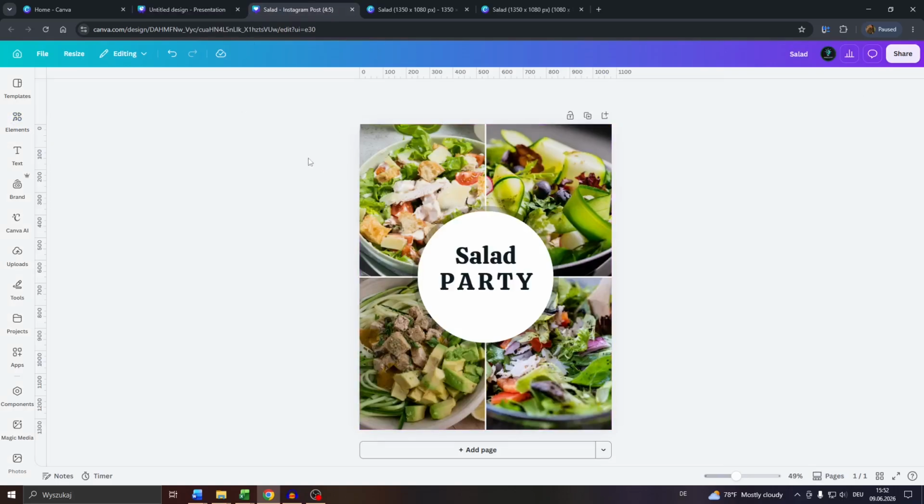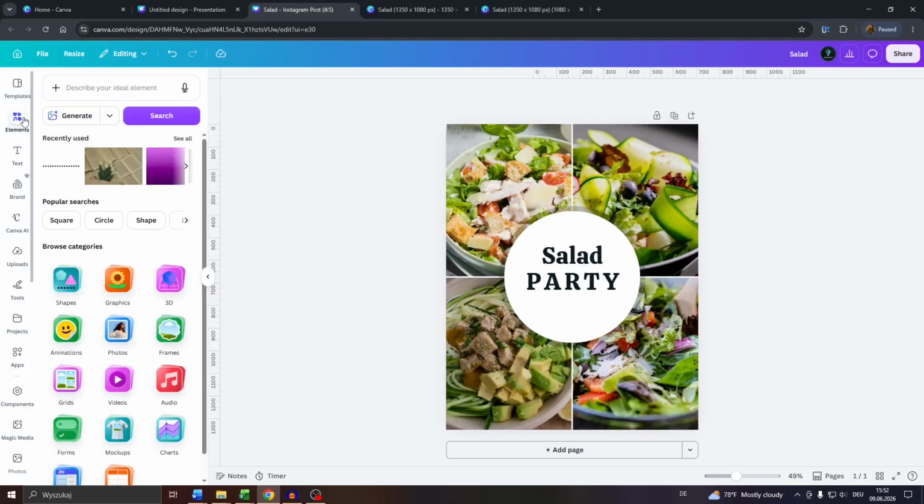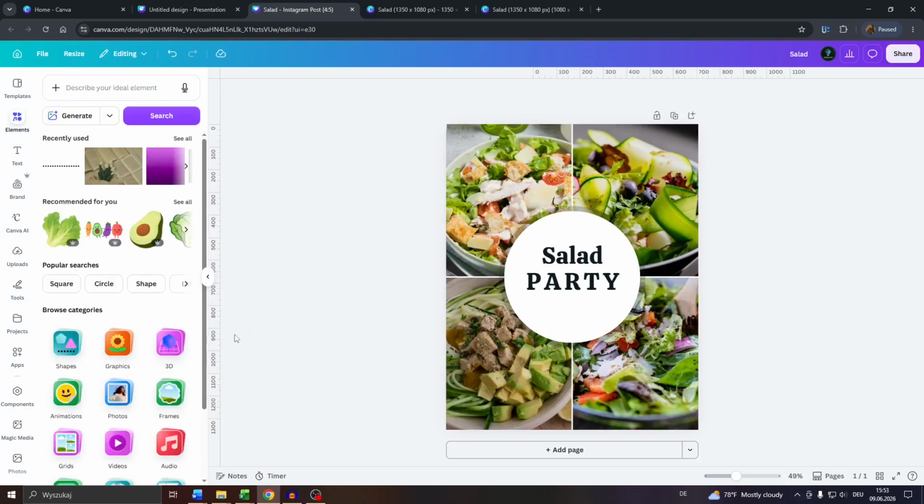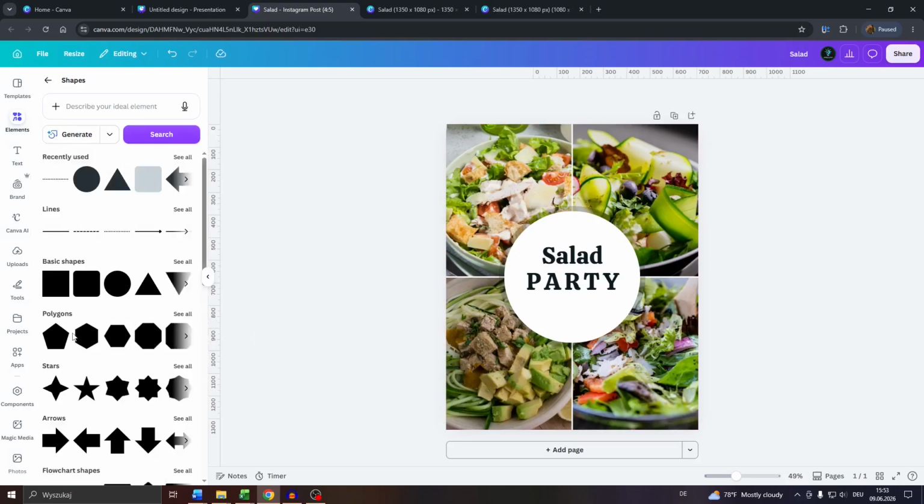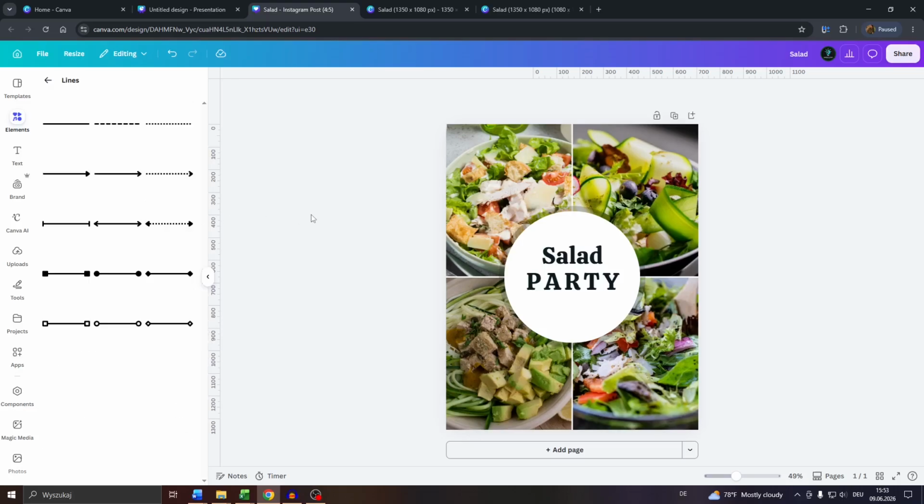You will need to navigate to the Elements tab on the left hand side, then navigate to Shapes, and here next to Lines click into See All. So one way would be to choose that preset dotted line here. Left click into it or drag it onto your design. So let me position it just slightly below that Instagram post title, and then you will see that default dotted